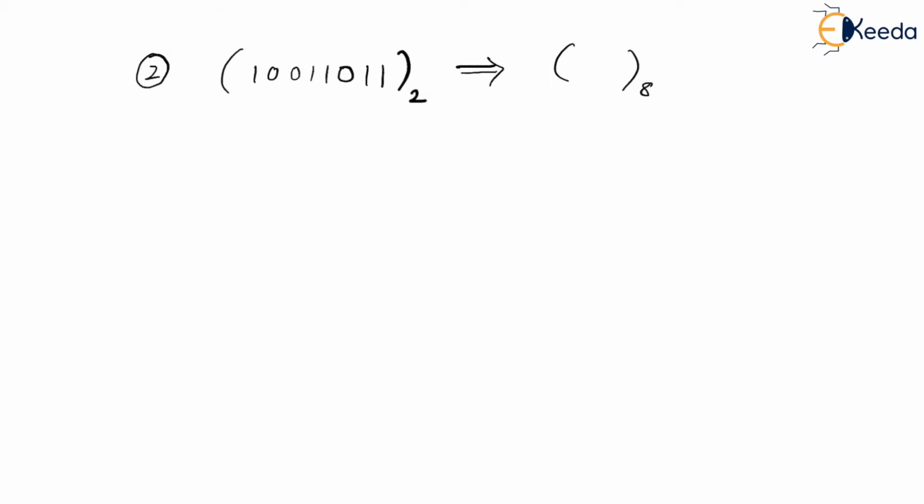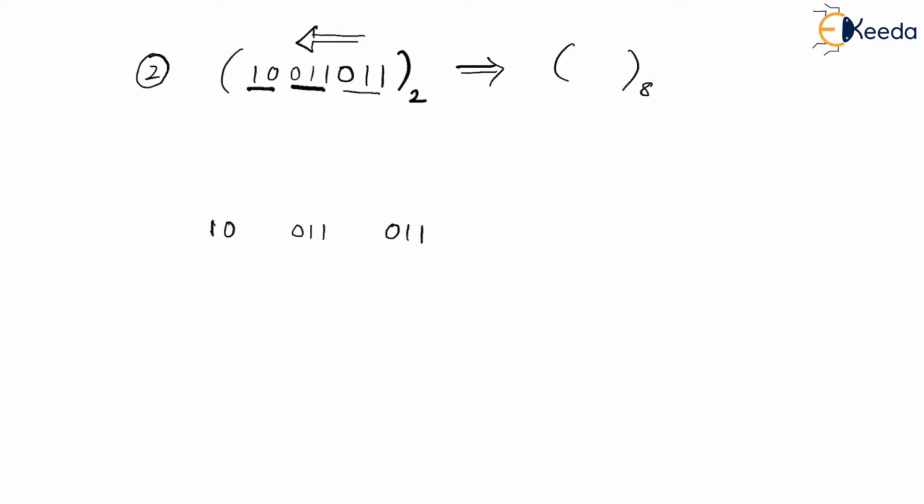So as I said, step number 1, write the given number as it is over here. And now if you are very well expert, you can directly write it in terms of groups, that is, groups of 3 together, starting from right to left. So as I can see, 0 1 1 is the first group. In the next group, again 0 1 1 is there, and in the last group there is only 1 0.